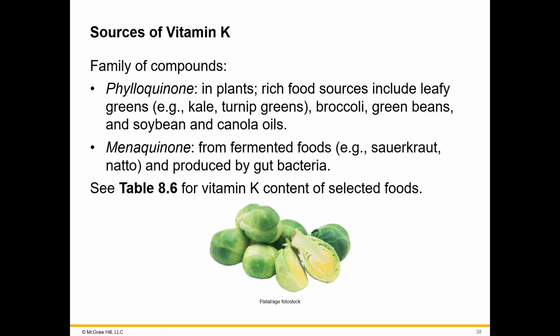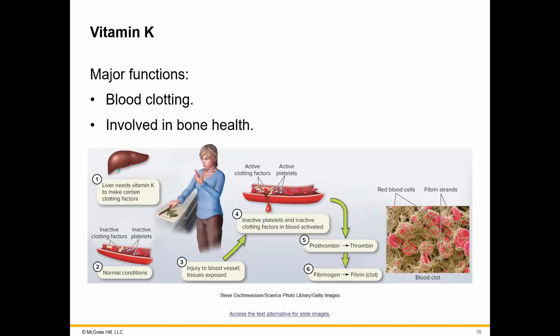So vitamin K is another important one, and it's involved, like I said, in overall bone health and blood clotting because of how the liver, oh, here, I forgot that this one here shows it very good, how your liver